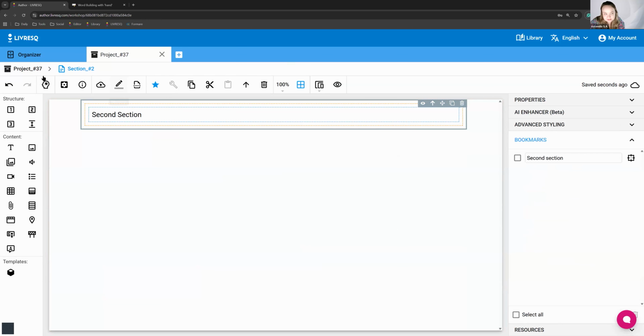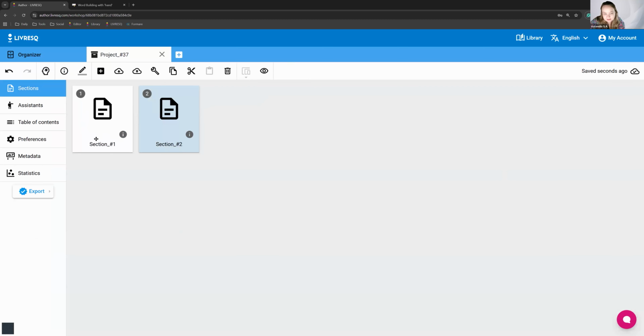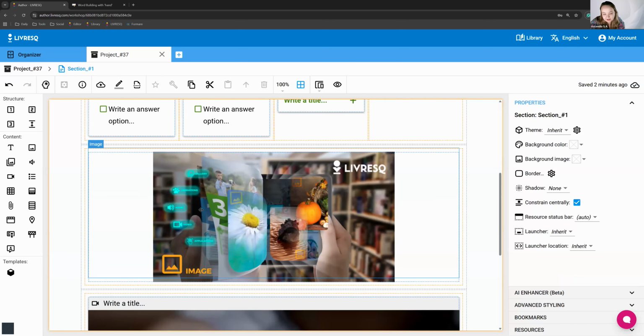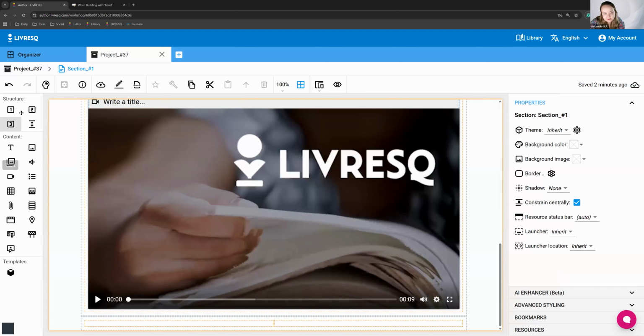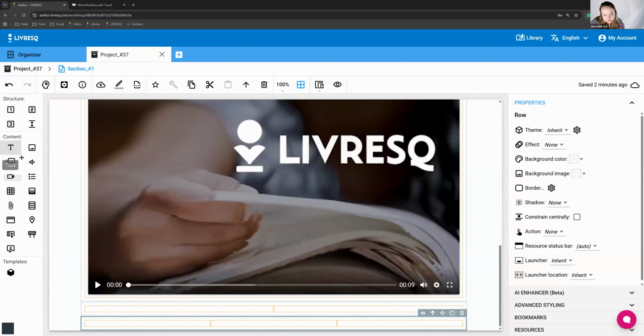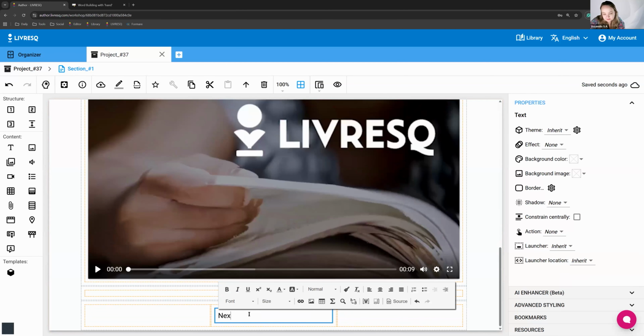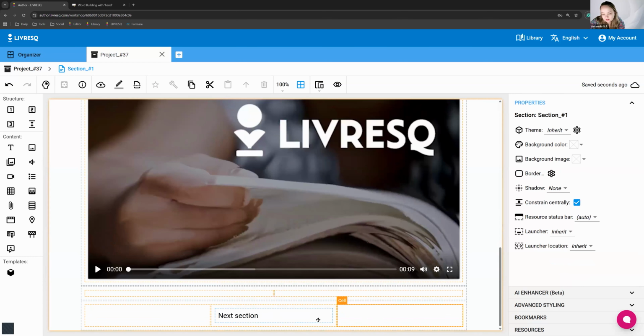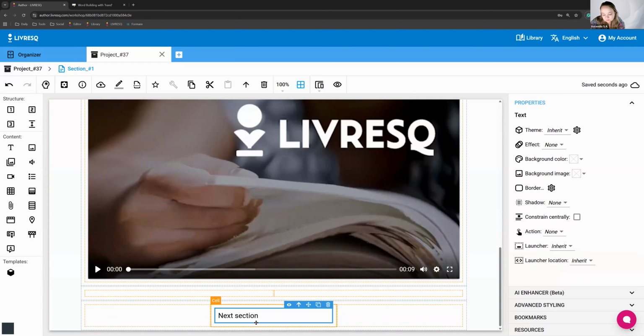What I can do in LIVRESQ is create a button that will link from the first section to the second section. And in order to create that button, I can use one of the non-interactive resources, like a text, for instance. I can just write the title, next section. And from the right-hand side, once I've selected the text,